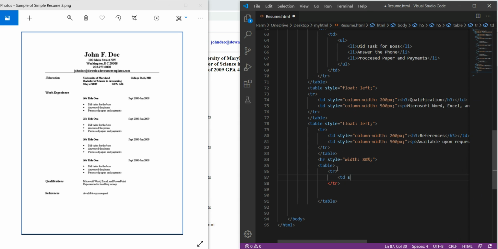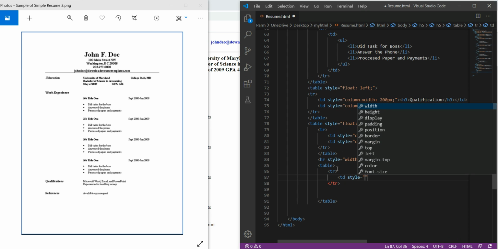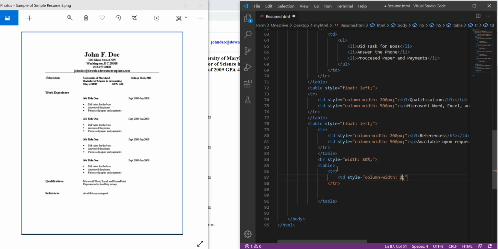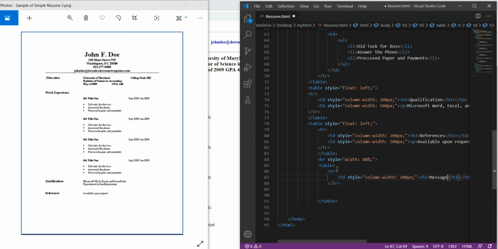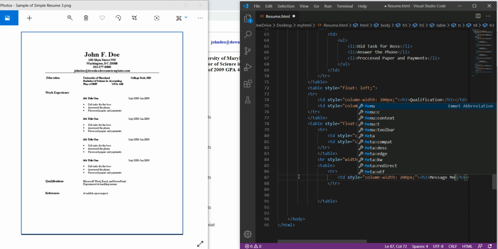So for td, I'm again taking it as style, and in the style I'm saying I need a column width. I just want it as the same 200 pixels, and here I want to write something like somebody can message me, so I just use h3, and here I write message me. Okay,